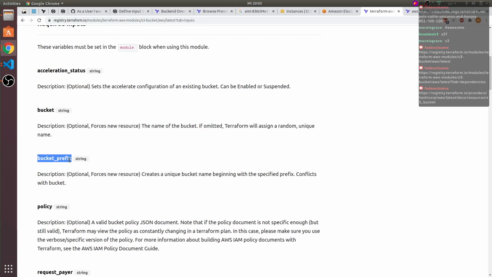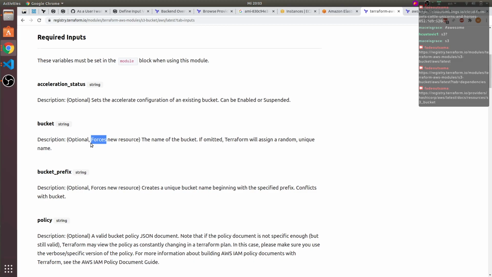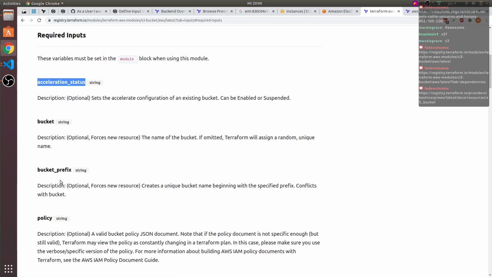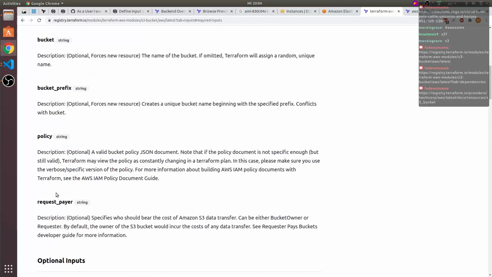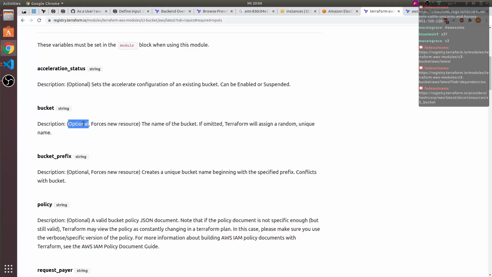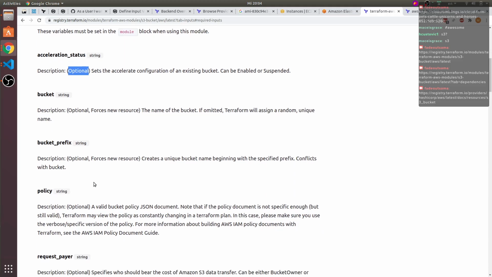Bucket prefix is optional. The bucket, wait, what? Description optional. If it's optional, why does it say required inputs? I think this is wrong. Or I don't know what this is, why it's saying optional, whatever.